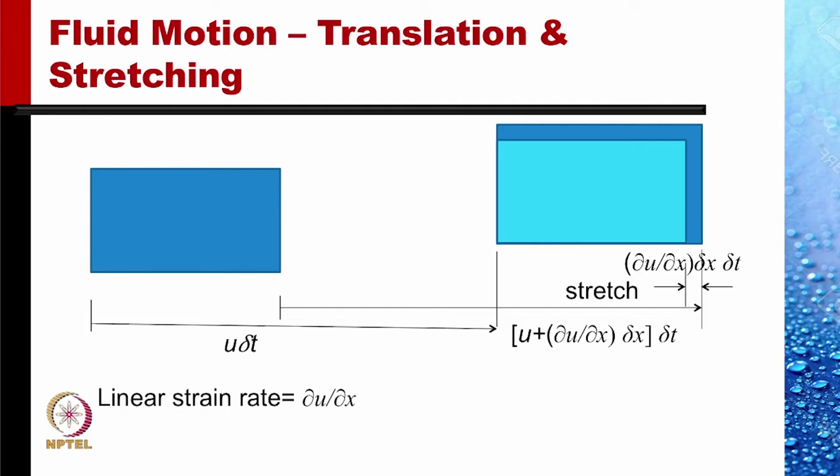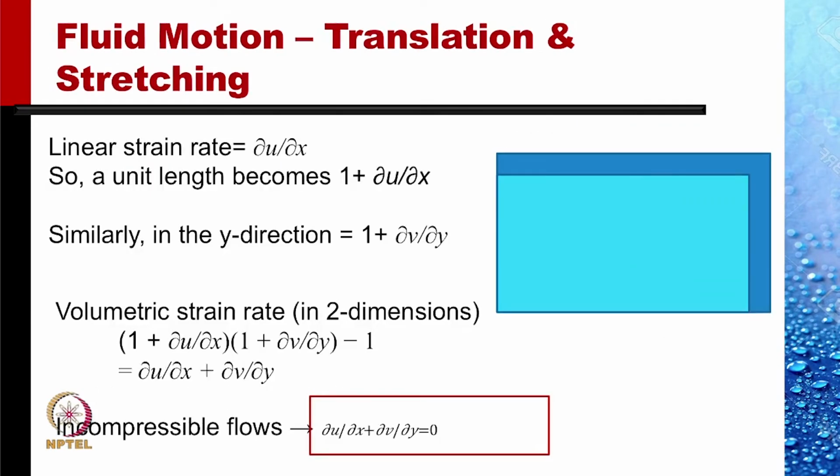So what is the strain introduced? Divided by delta x. And what is the rate of strain? Divide again by delta t. So delta u by delta x is the rate of strain in the x direction, the linear strain rate in the x direction. Similarly, we can find in other directions. In the y direction, it will be dv by dy,